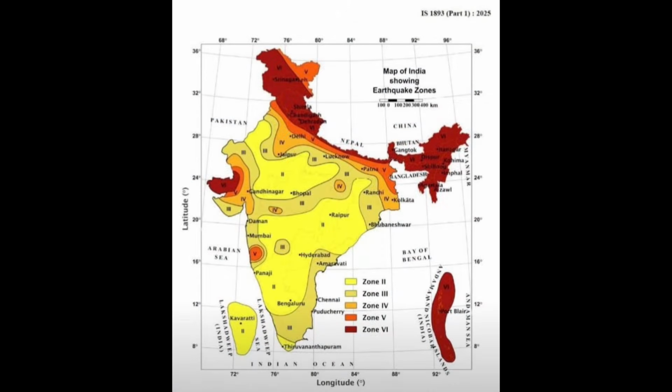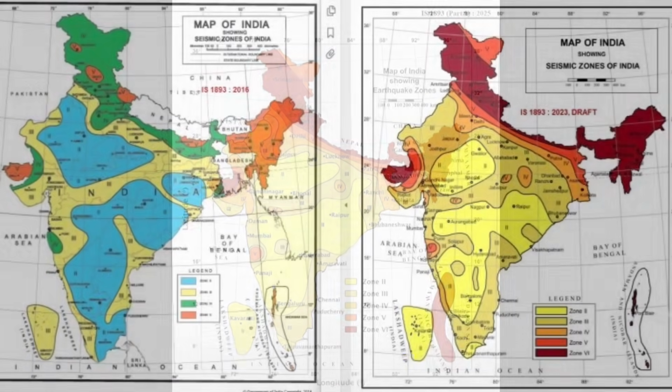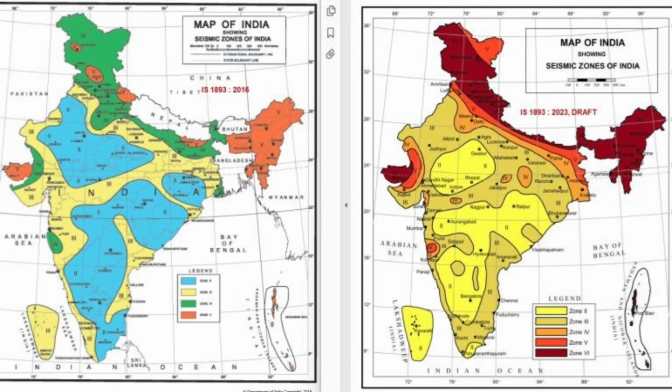IS 1893-2025 Part 1 marks a fundamental shift in how seismic forces are defined and applied in India. This is not just a revision of equations, it is a change in seismic hazard philosophy, ground motion definition, and performance expectation. In this video, let's discuss 5 core changes introduced in IS 1893-2025 clearly, concisely from a code perspective. So, without further delay, let's begin now.